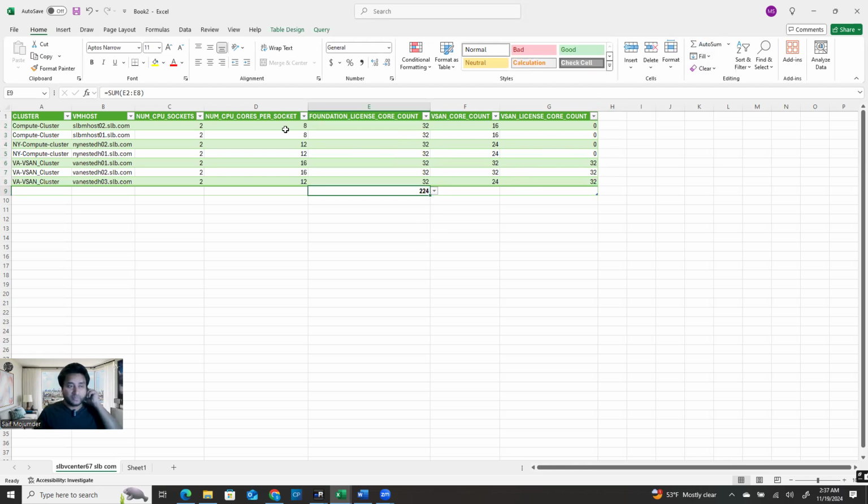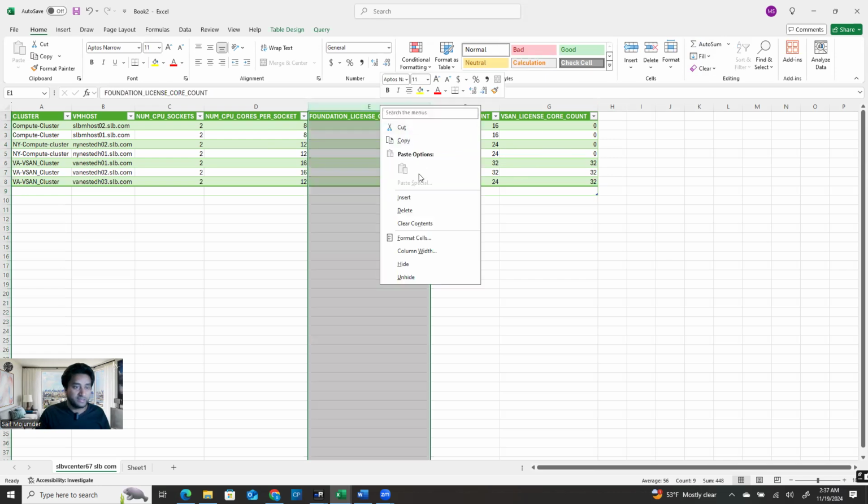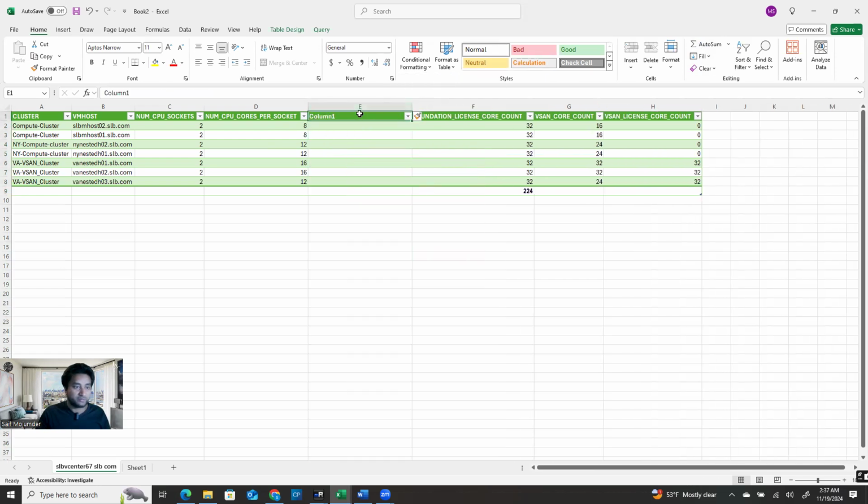But actually, I don't have that many, right? How many cores do I have? Just add another column here, you can say total core. Here you have 2 sockets, each socket has 8. That means this column times this column equals your total core.